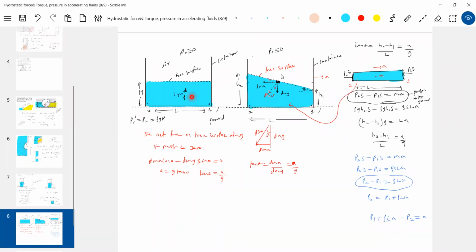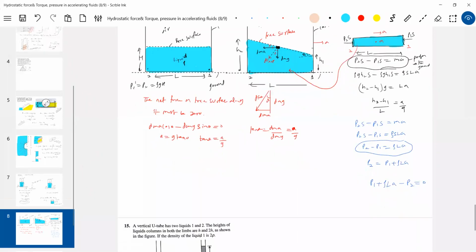Here the pressure varies only with depth, whereas here the pressure varies with depth as well as horizontally. And what is the pressure at various points? Let's take the